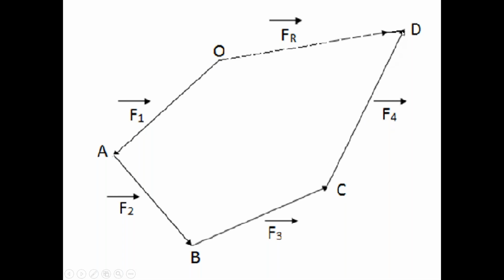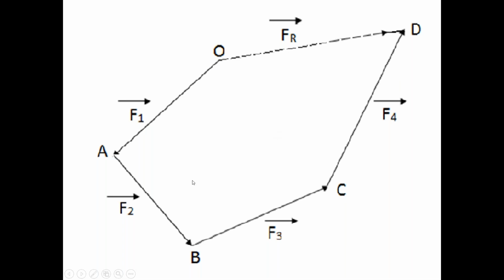Select the point D on the straight line so that the length CD is equivalent to the magnitude of the force F4 bar. Indicate the arrow at point D in the direction of the force F4 bar. Then the vector CD bar is equivalent to the force F4 bar. CD is the fourth side of the polygon representing the force F4.